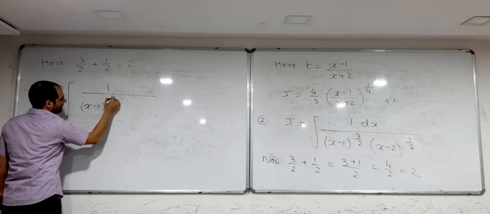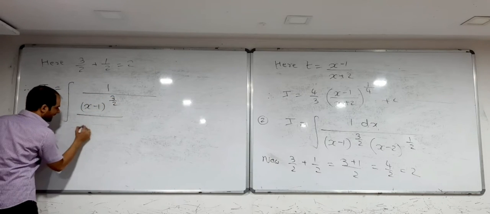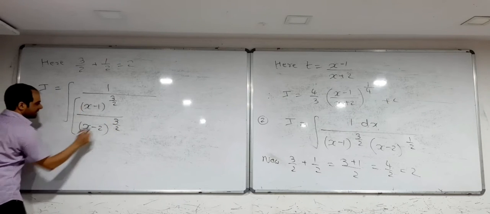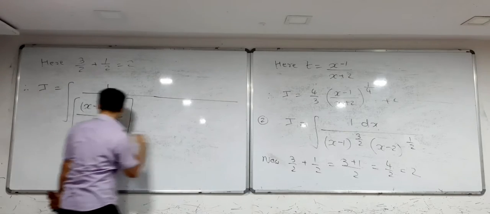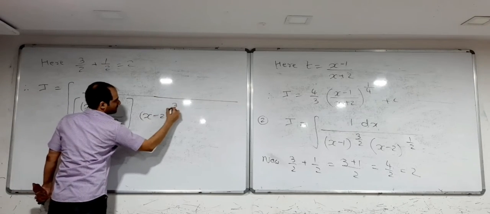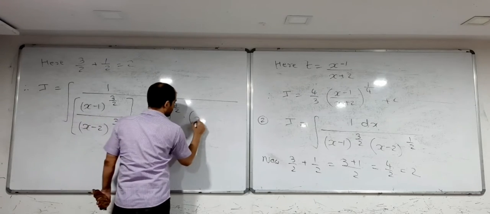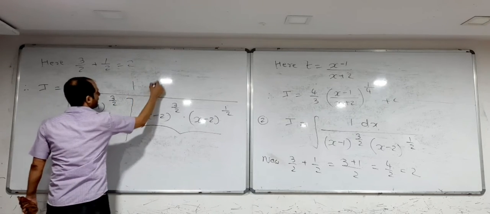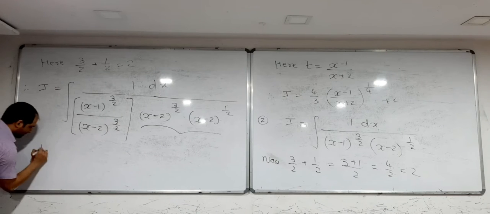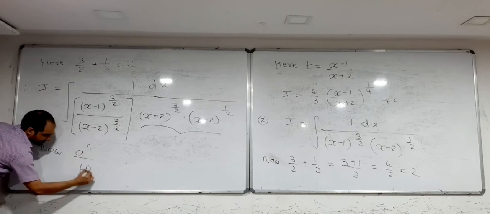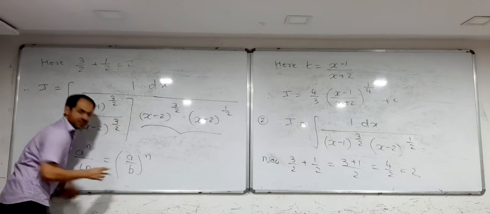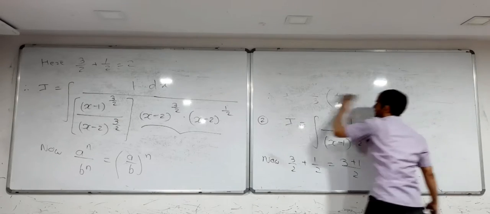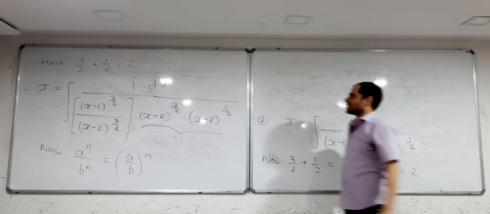So I will write x minus 1 raised to 3 by 2. नीचे क्या करूंगा? दूसरा जो लीनियर है x minus 2 उसको भी मैं x minus 1 का पावर दे दूंगा, पर ये कैंसिल करने के लिए हमको यहाँ पे सप्लाई करना पड़ेगा x minus 2 raised to 3 by 2 और ओरिजिनल क्वेश्चन में क्या था x minus 2 raised to half, तो इन दोनों का पेयरिंग हो जाएगा 1 dx. तो पता है a raised to n upon b raised to n क्या होता है? a by b whole raised to n. So this becomes I becomes